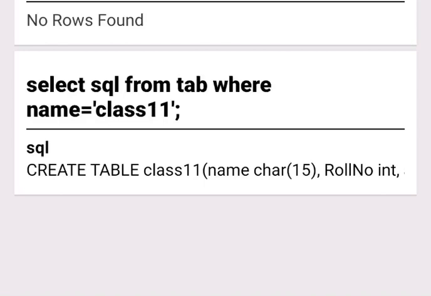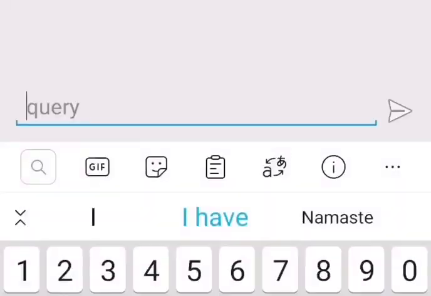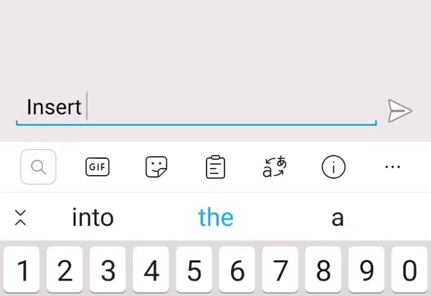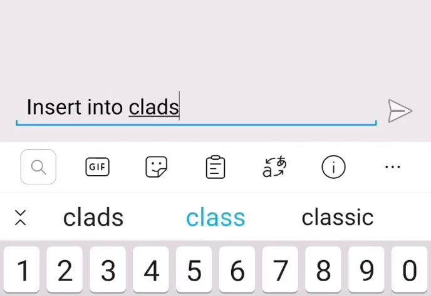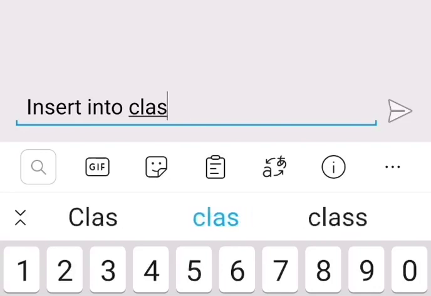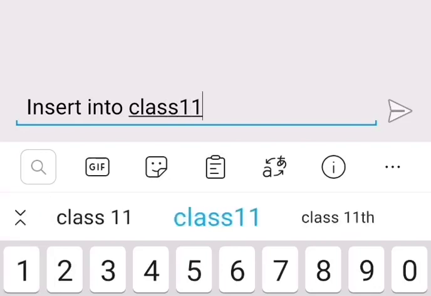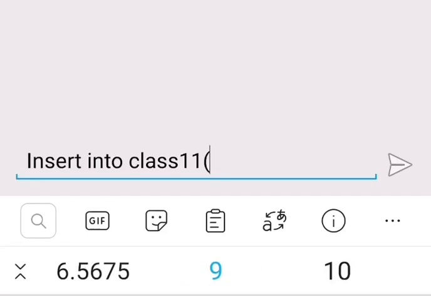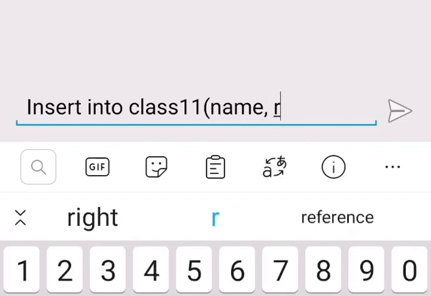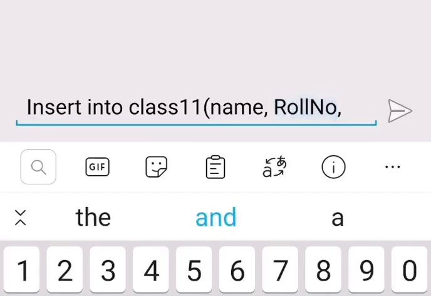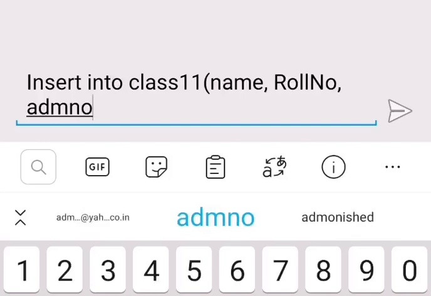To insert the data in the table, again click on the corner. Click on query again. Type the query for inserting the data. Insert into class 11. Then the name of the columns, name, roll number, admission number.